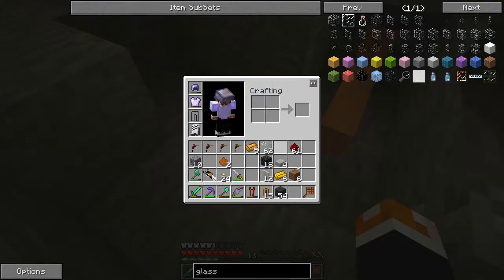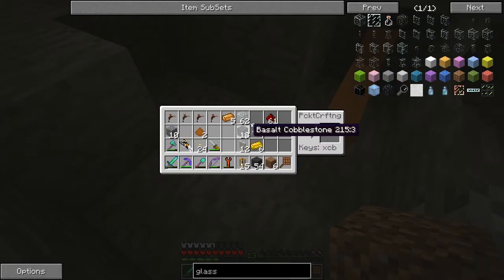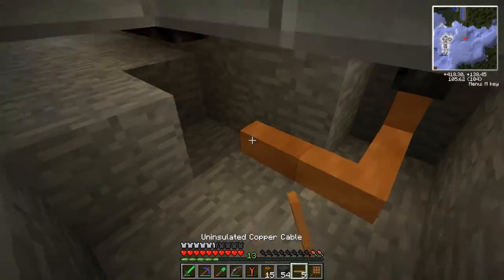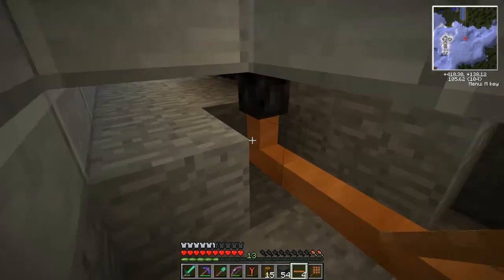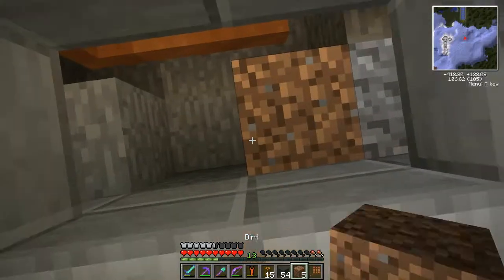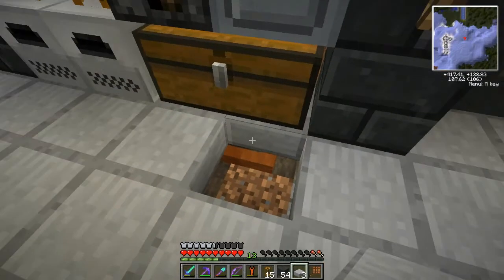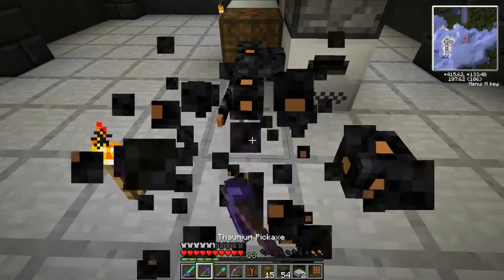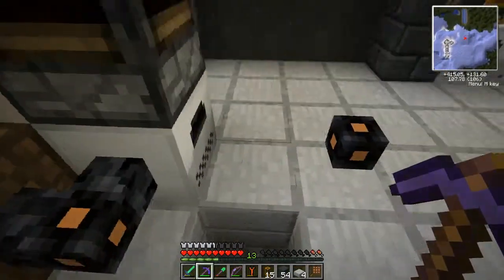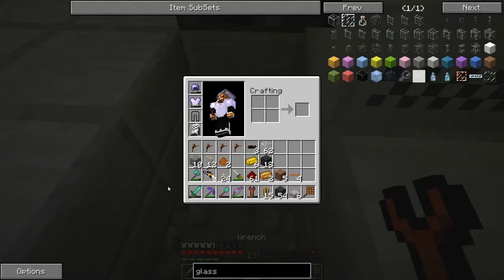There we go. And then if I just get some of this stuff out of my crafting grid. That gives me 6 more. There we go. So that takes it to there. And now we've just got to link it up to this, and I think it's probably best if we just go straight underneath the floor here. So...